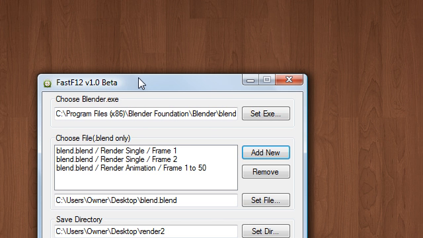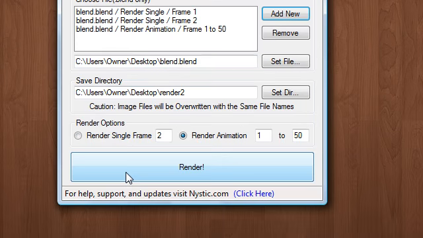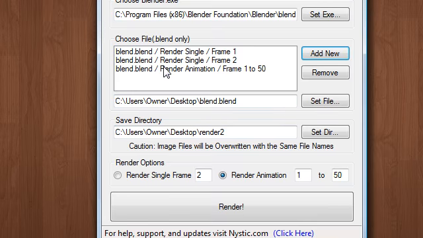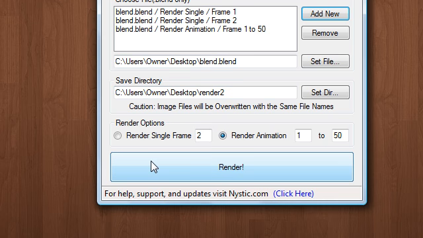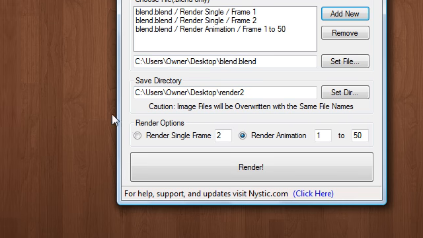So I'm going to just demonstrate by hitting render here and getting this program up and running. Blender's in the background. It's rendering these things through a series of parameters. You don't need to know about that, but it just passes some things to the blender.exe, and it renders it out, and it sticks it in your specific folders that you put there. So we'll hit render,